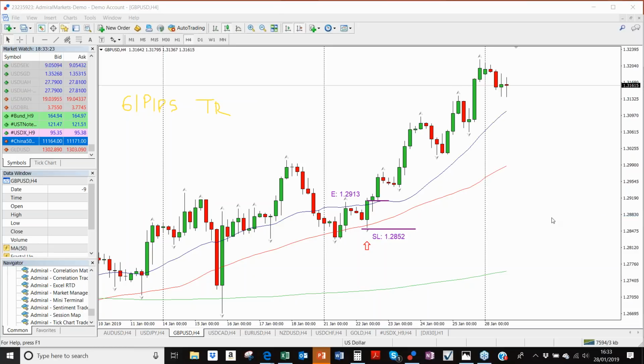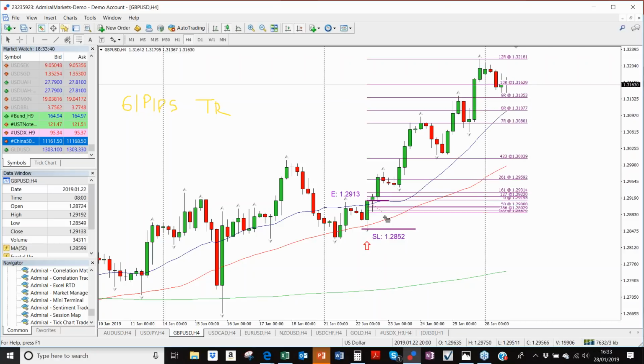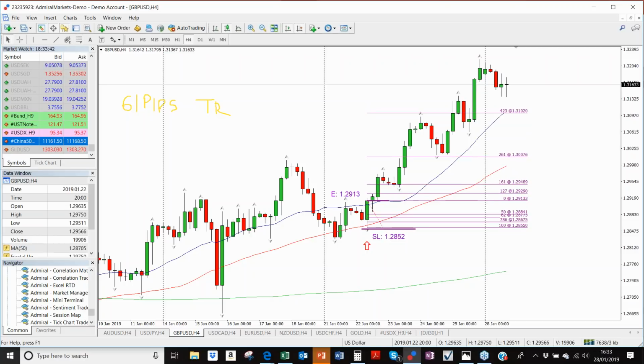Now, what I also want to know is what my target is. As I said, I personally prefer to use targets. What I normally like to do is, where I have my entry, I'll draw a particular fib, and I will have a target based upon a fib extension, a very, very simple one. And in this particular case,